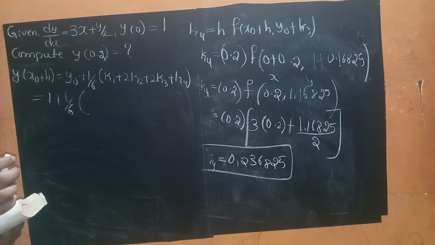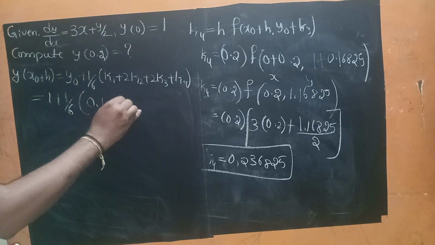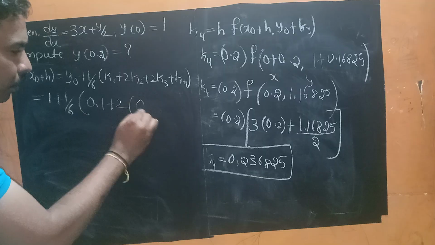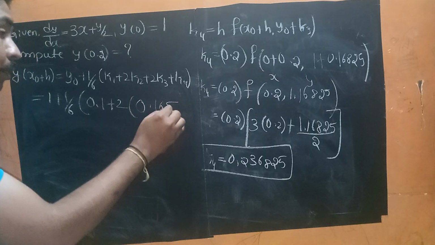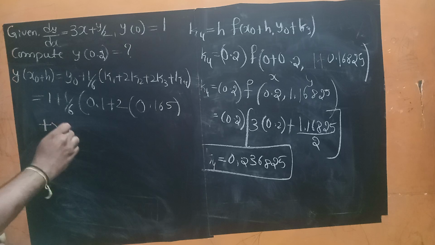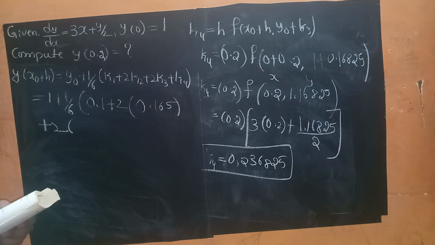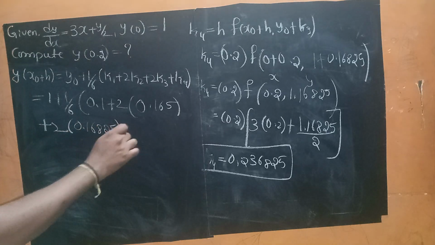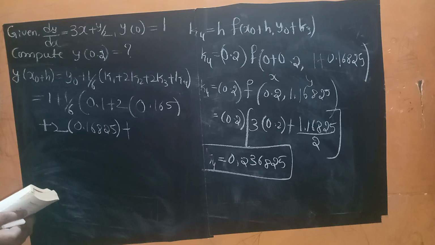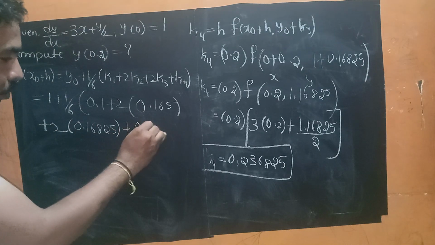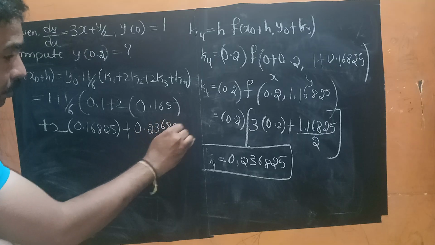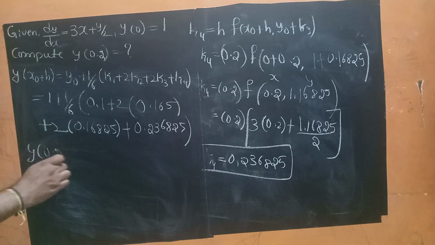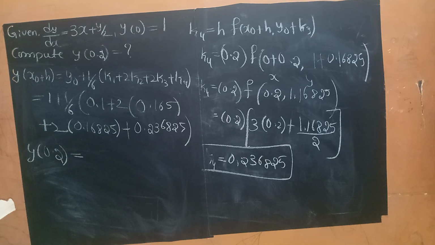K1 we got as 0.1, plus 2 K2 we got as 0.165, plus 2 K3 we got as 0.16825, plus K4 we got as 0.236825. So again, using a scientific calculator, if you do it, you will have